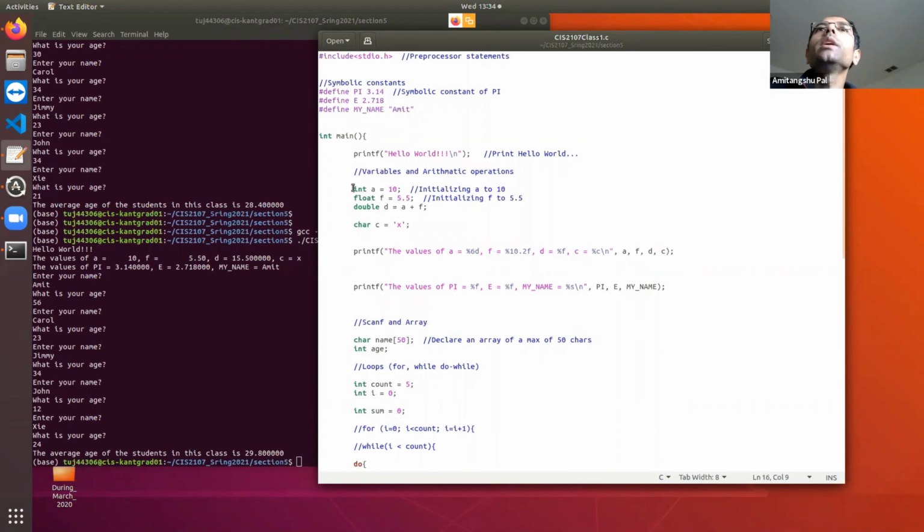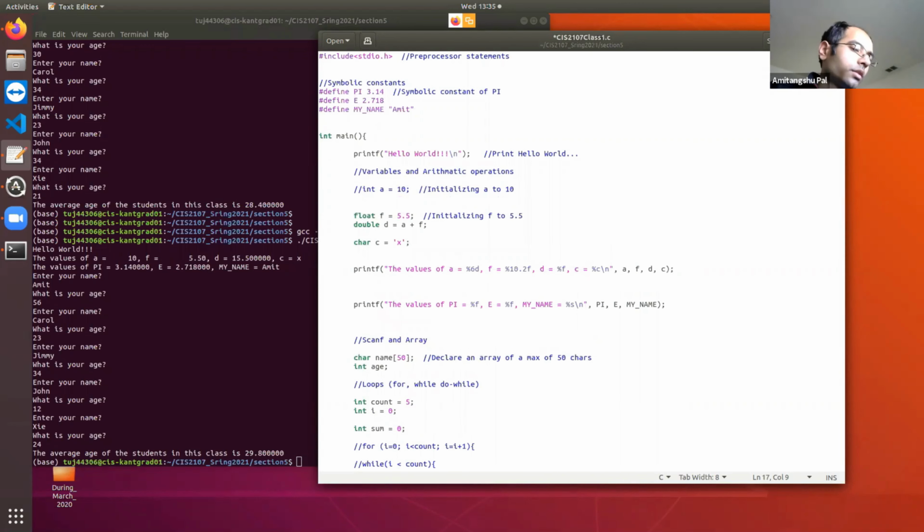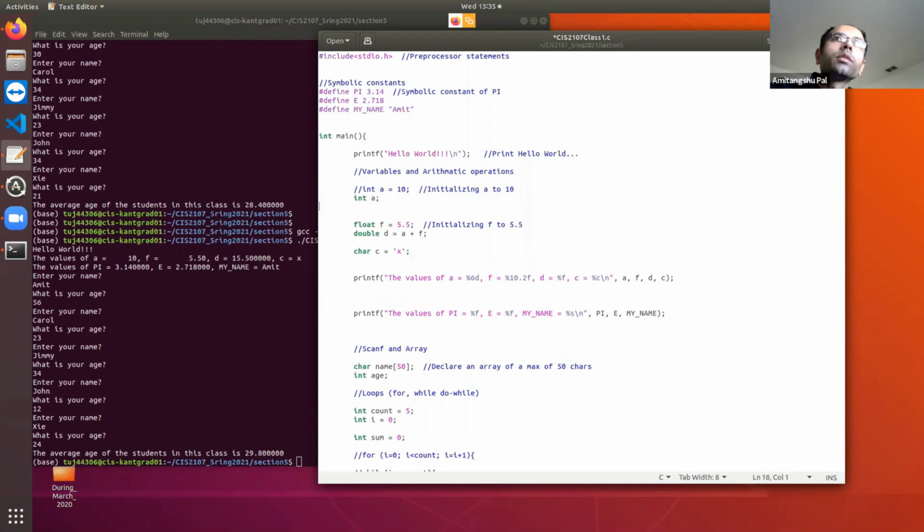Now let's see. Here I have written int I equal to 10. Instead of writing that, I could have written int a and then a equal to 10. These are two different stages. The first step is called declaration.